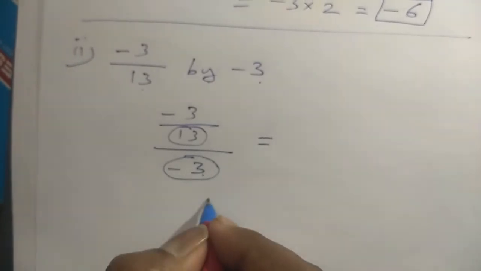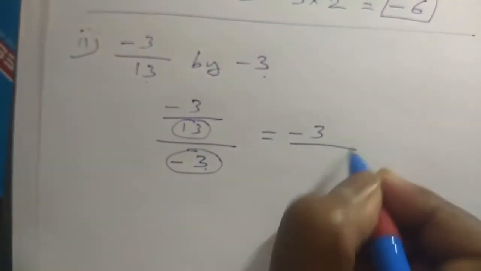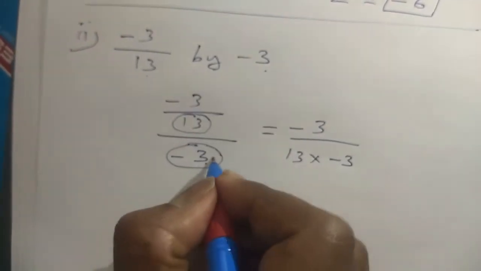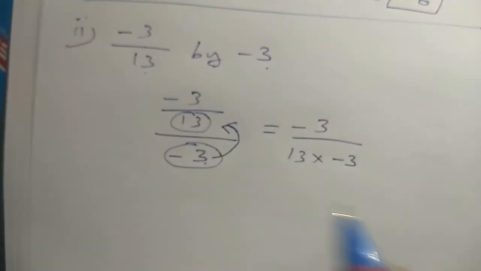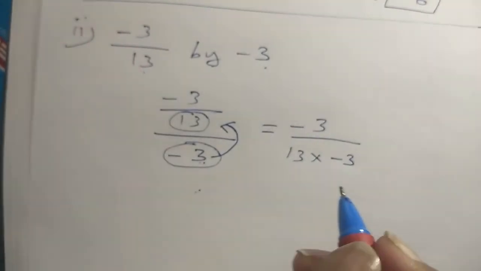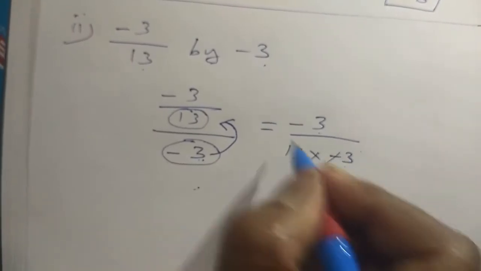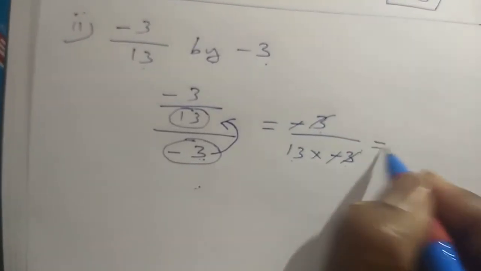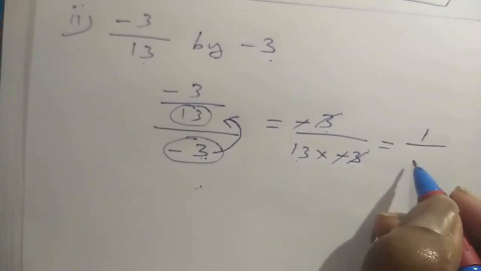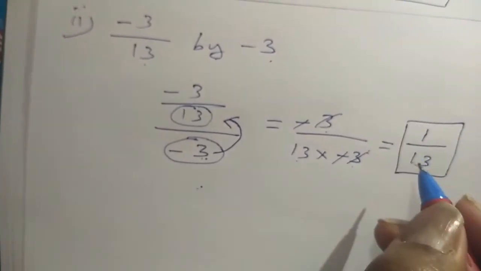So denominator only, you can write it as a numerator. But here I can write this one as minus 3 by 13 into minus 3. Correct. This minus 3 will be coming here. If it is my denominator of denominator, then when we go for the next sum, you will understand more. Minus 3 by 13 into minus 3. Now we straight away cancel this minus and minus, this 3 and 3. So what we got, the answer is only the numerator, there is nothing. So we can write this one as 1 by the remaining term, 13. So the answer is 1 by 13.